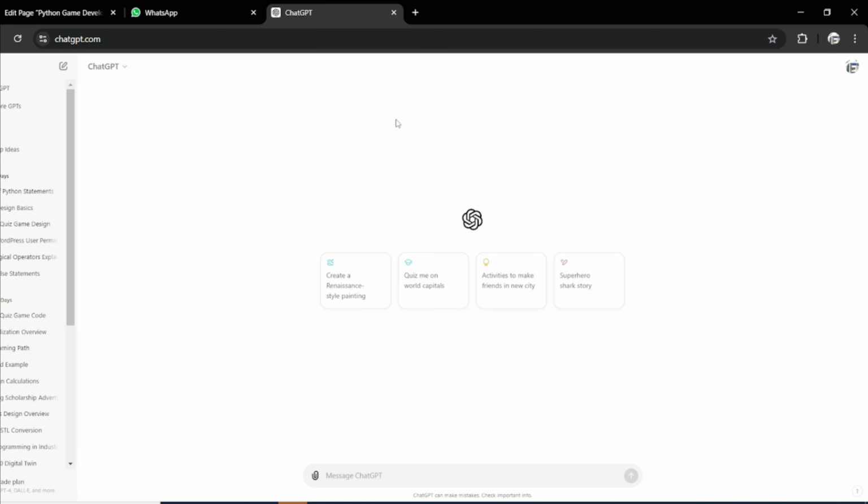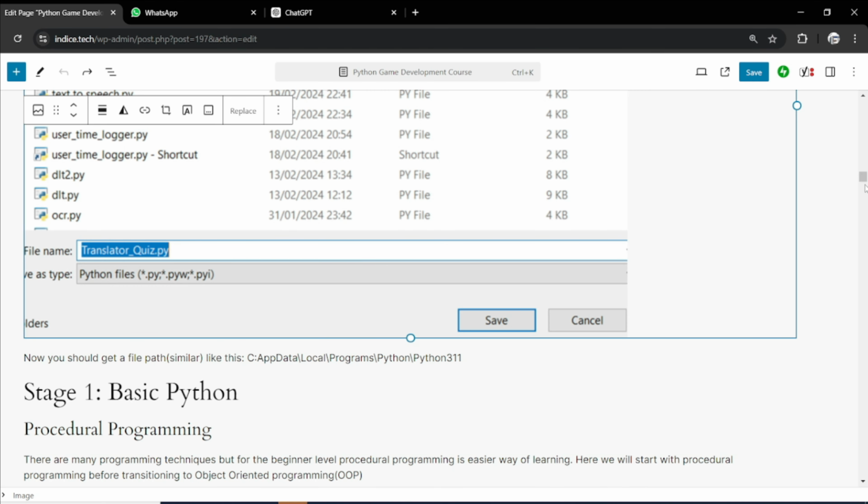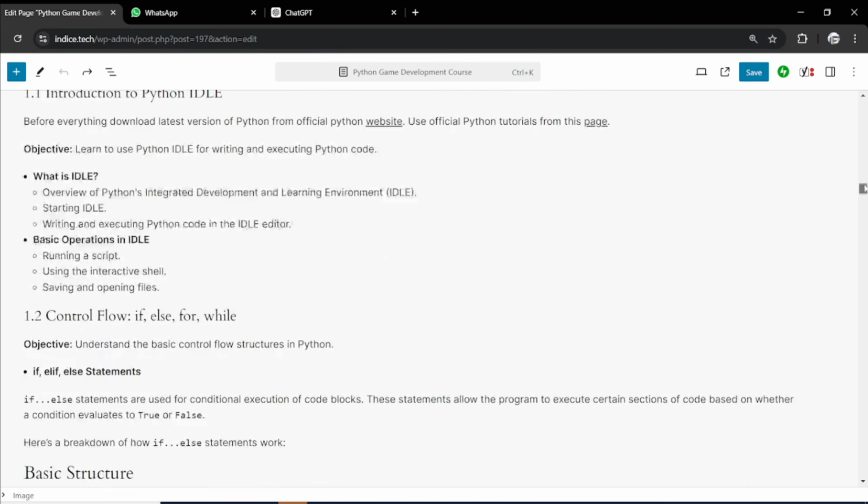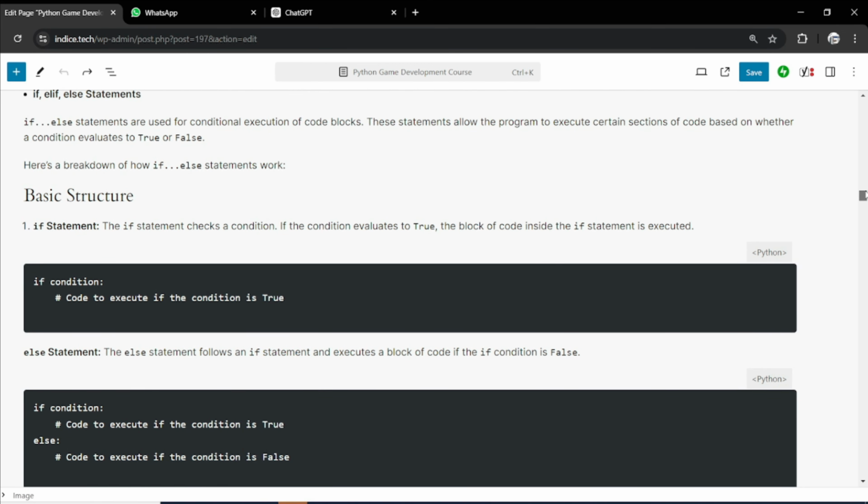In this part of the course, I will introduce how you can utilize ChatGPT to enhance your learning. When I started Python 10 years back, the learning process was different. But with the advent of ChatGPT, learning is significantly easier. For instance, if you just go to my course and get all the examples from Python conditions, now you get this line. You can just copy it